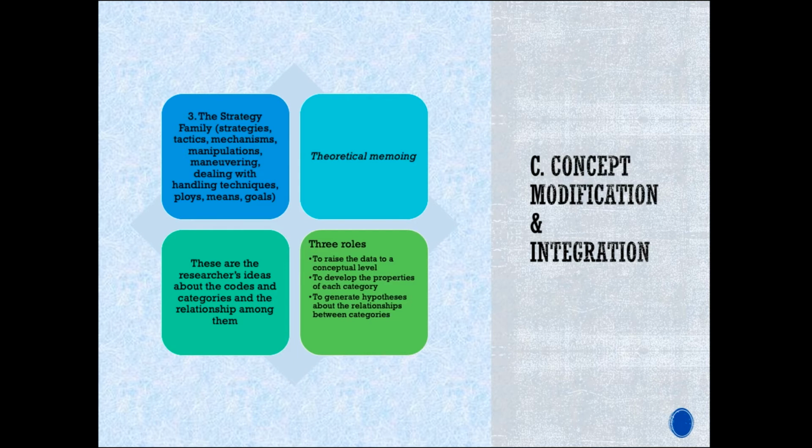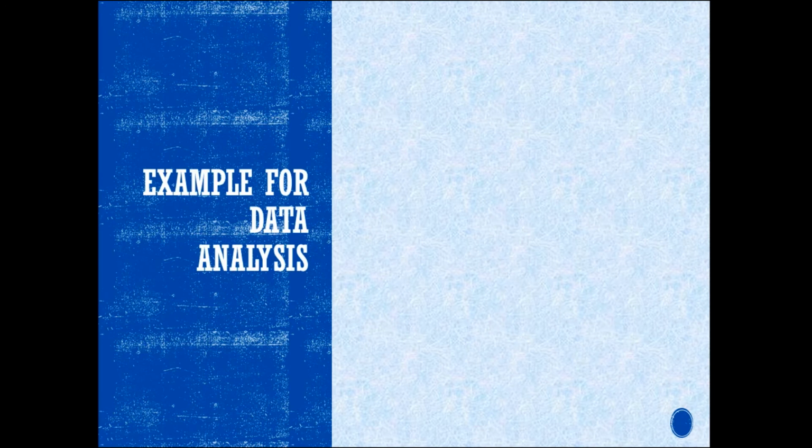So in theoretical memoing, these are the researcher's ideas about codes and categories and the relationships among them. So we have three roles as a researcher: to raise the data to a conceptual level, to develop the properties of each category, and to generate hypotheses about relationships among categories. So this is